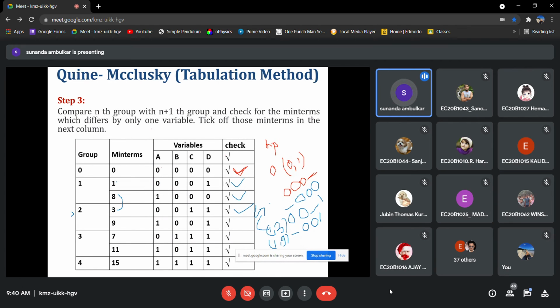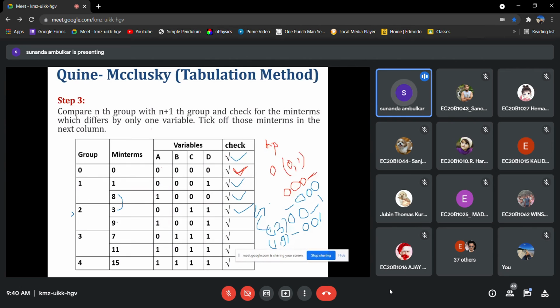So we will keep comparing these groups till the time nothing is left to be compared. Why are we putting this check sign here? Because whatever has been checked will not form the prime implicant.